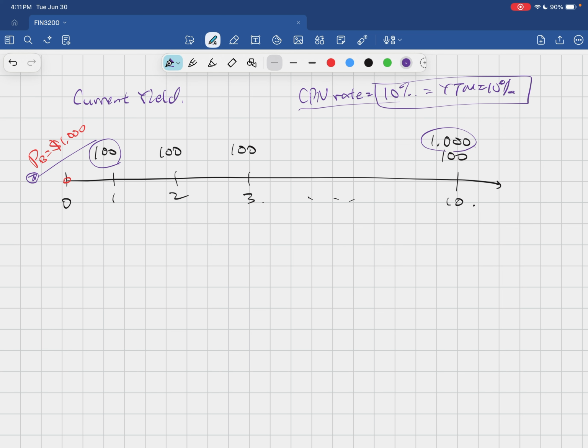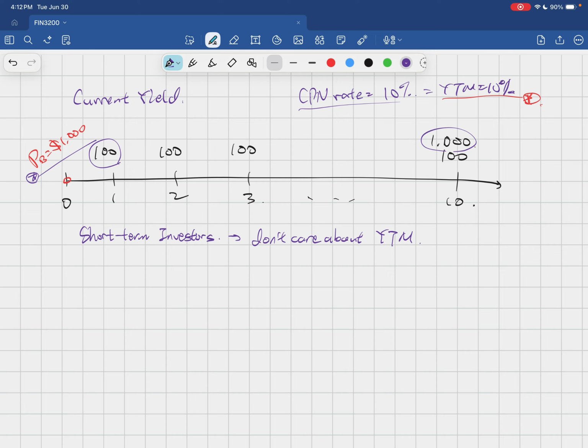But anyway, what I'm trying to show you here is the YTM is for long-term investors. If you hold a bond until maturity, then you care about this because you plan to hold the bond until maturity, okay? But let's say you're a short-term investor. Short-term investors don't care about the YTM because